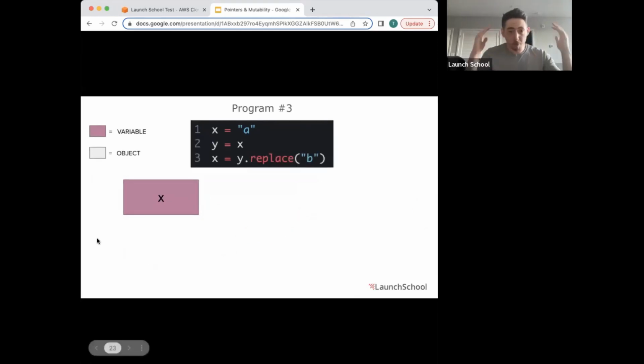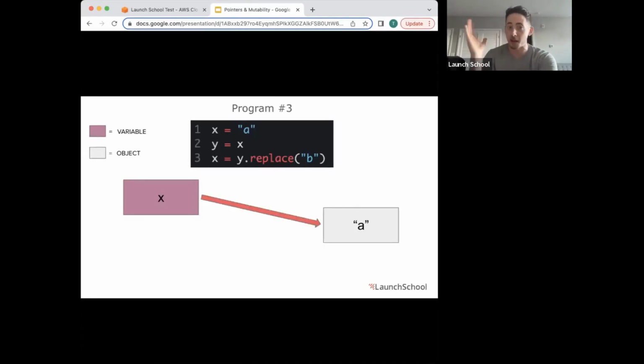Okay, and then finally, program 3, that tricked a bunch of people up. Let's walk through this one line by line. On line 1, variable X is initialized, string object A is created, and X is assigned to A. Same as every other program we've looked at so far. On line 2, a variable Y is initialized and assigned to the object that X references, which in this case